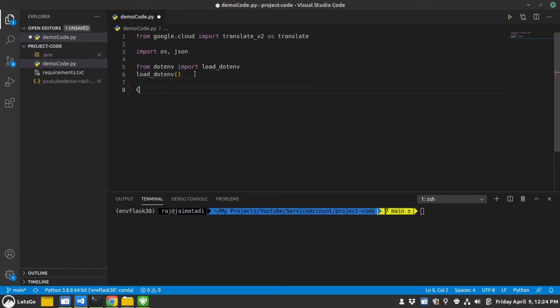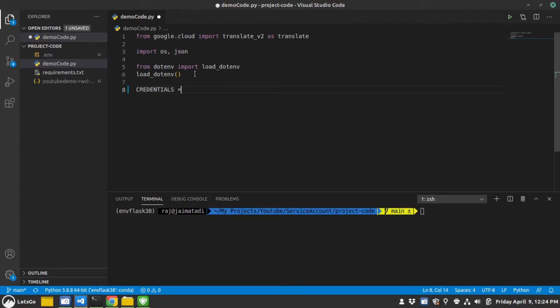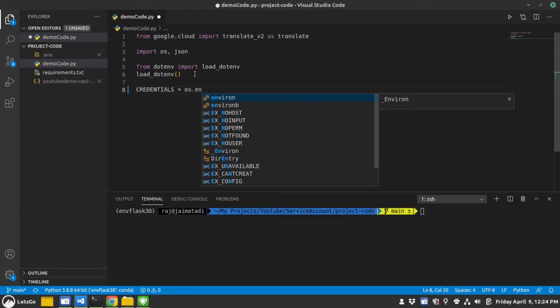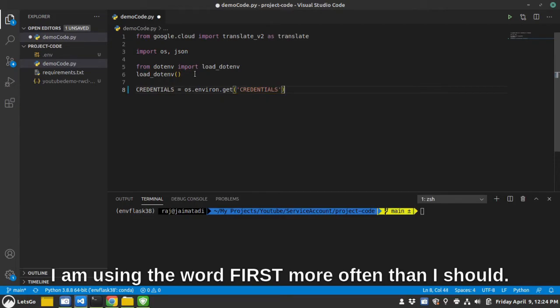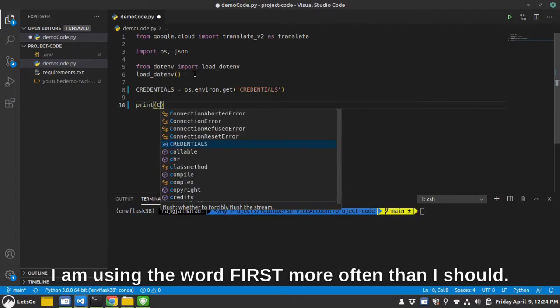Second, let me read the credential variable from the .env file. For that we will use the os.environ.get method, and we will pass the variable name credentials, and let me first print that.